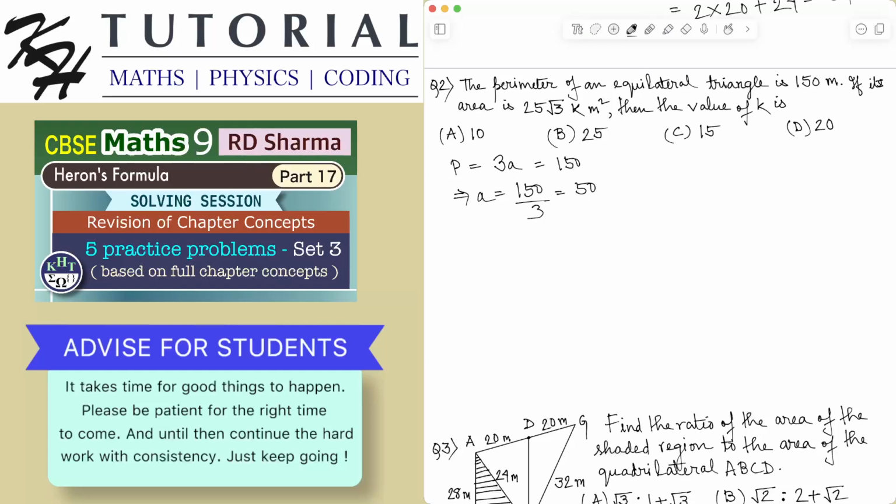A is 50. So this implies area, we know the area of an equilateral triangle of side length A is square root of 3 by 4 A square. This is equal to square root of 3 by 4, and what is A? A square is 50 square. So this is equal to